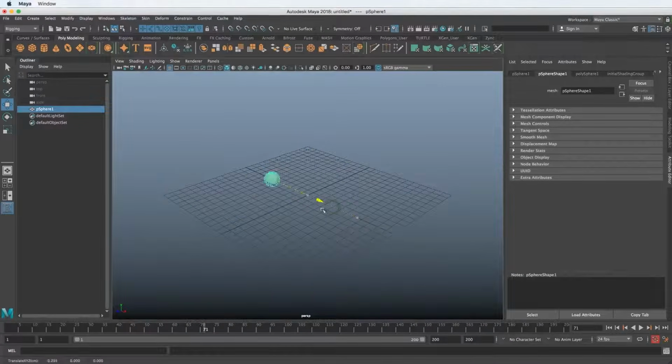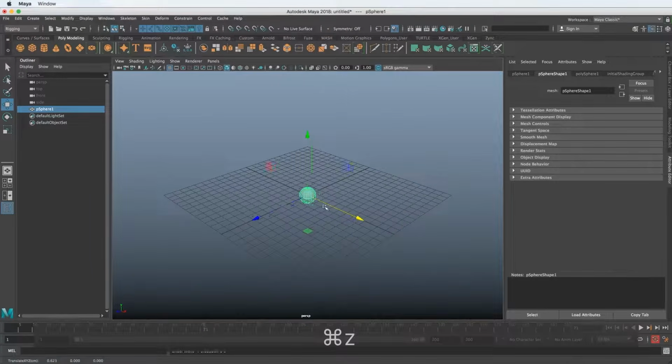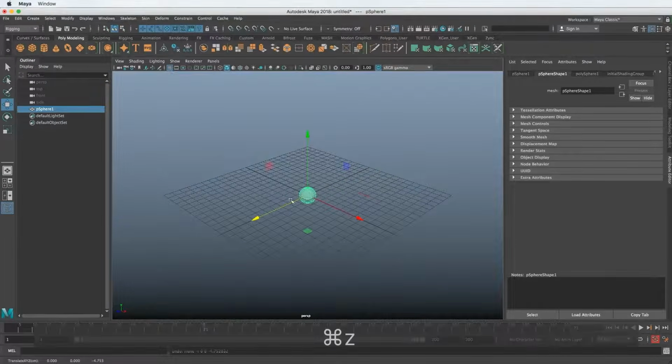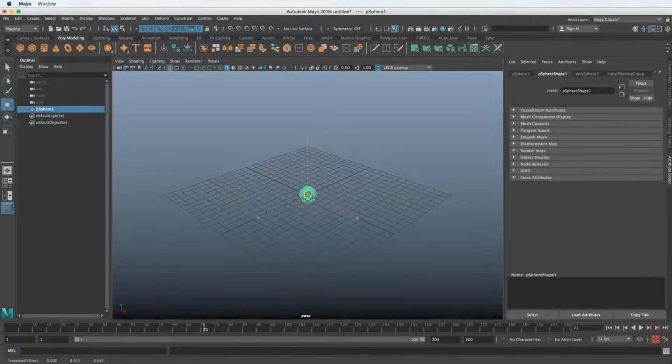I can click any axis and it'll be isolated to that axis. I'll undo that. And you can see it's isolated because the axes manipulator turned yellow. If I click the vertical one, it turns yellow, or the z-axis, it also turns yellow. So now I know no matter if my mouse is going up and down or something weird, that it's only going to go along that axis. But if I want to have a free movement, I can just click in the middle and move the thing around wherever I want it.